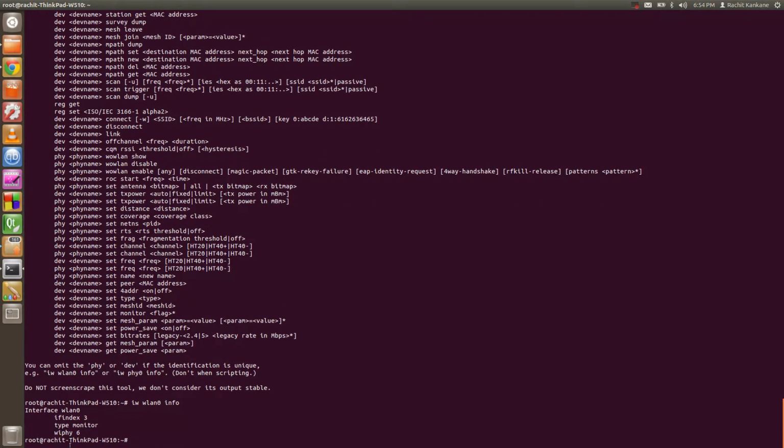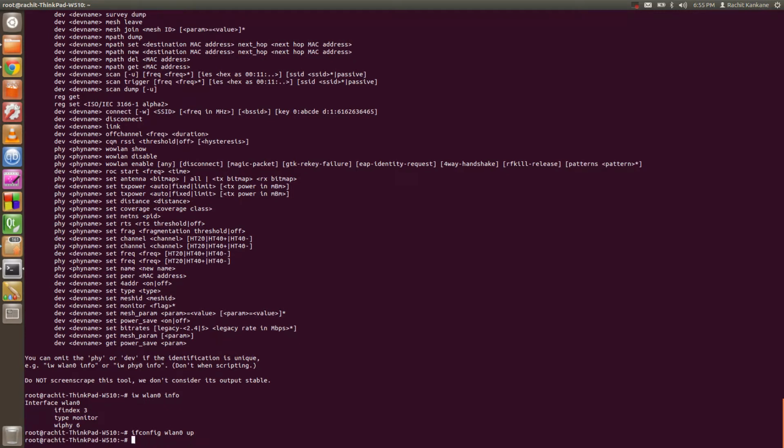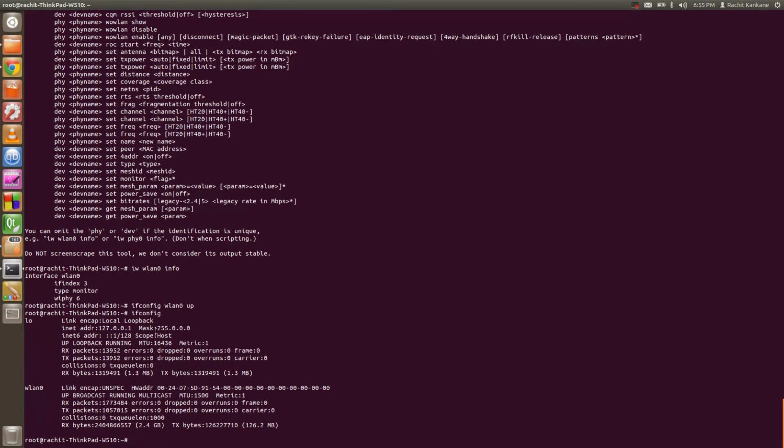We can see that the interface is wlan0, interface index is 3, type is monitor. That way we know the current type, in case your laptop doesn't support iwconfig. Now we again have to bring it up with ifconfig wlan0 up, and if we run ifconfig, we can see that the hardware address changes.